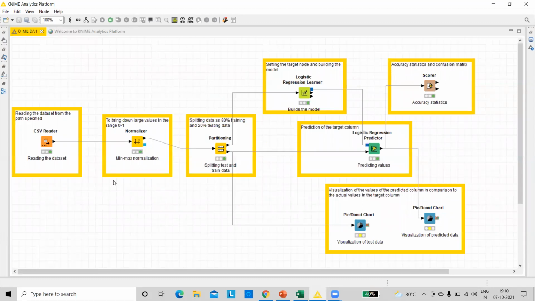This is the workflow that has been created. It has been kept ready. I'm going to explain this workflow step by step and see how the model has been built using logistic regression. Then we are going to have a look at how well the model has panned out, and how it predicts the values, a comparison between the predicted values and what the actual value is in the data set. Then we're going to have a look at a pie chart or a donut chart, where we're going to see the number of predicted values where the customer purchases the product and where the customer does not purchase the product. We're going to visualize that part,